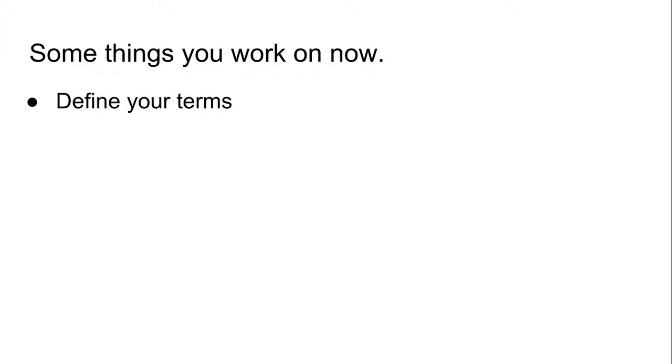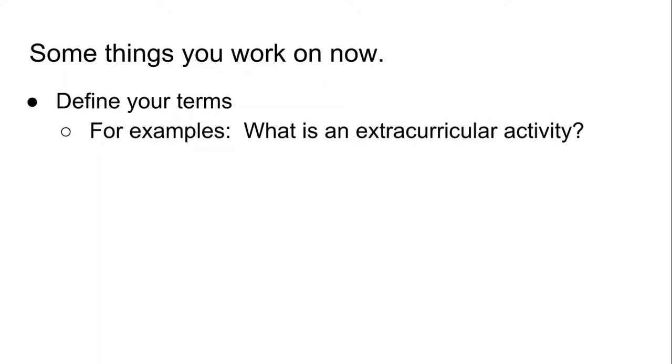Number one, define your terms. You have to make sure that the reader knows what you're talking about, that they're thinking the same thing as you. So, for example, let's say you're examining extracurricular activities in correlation with attendance. Well, what is an extracurricular activity? You can't just assume that people know, you have to define it. So are you talking about extracurricular activities being sports? Or are you including things like band? Are you including things like clubs, such as art club or whatever? I don't care what you include in there, but it needs to be clear to the reader